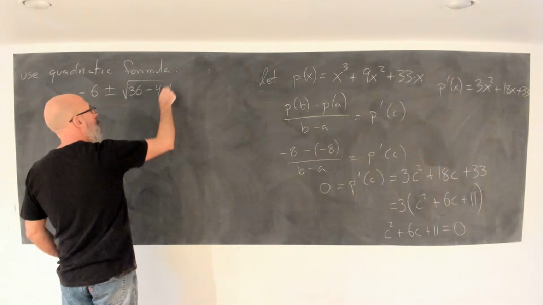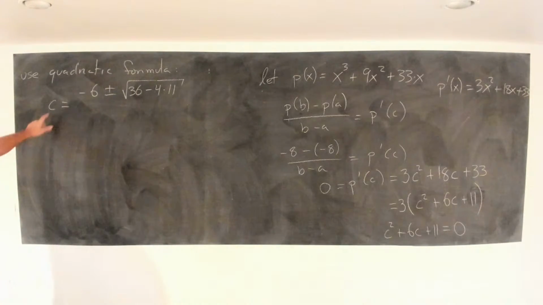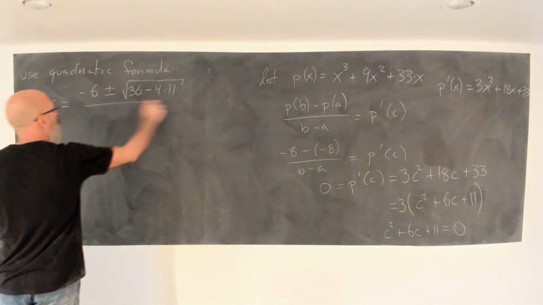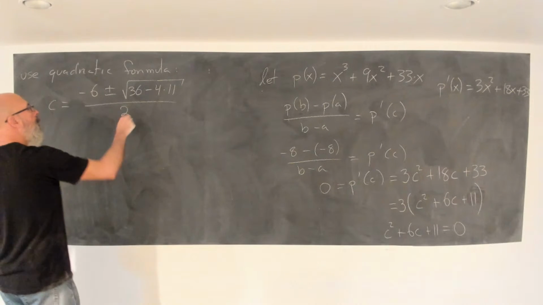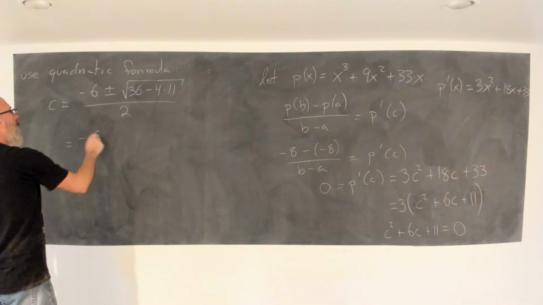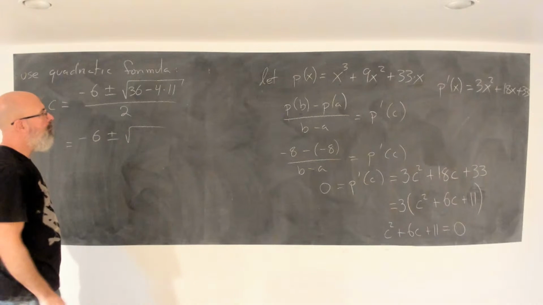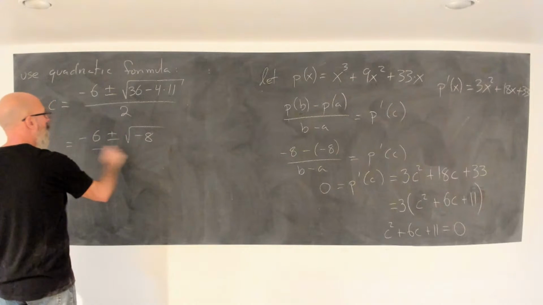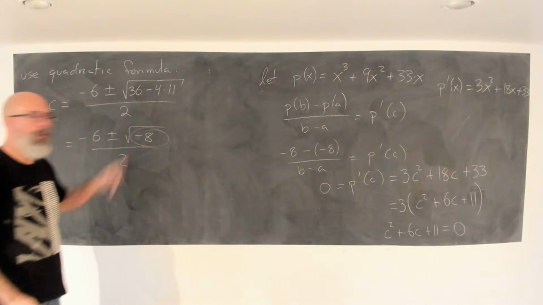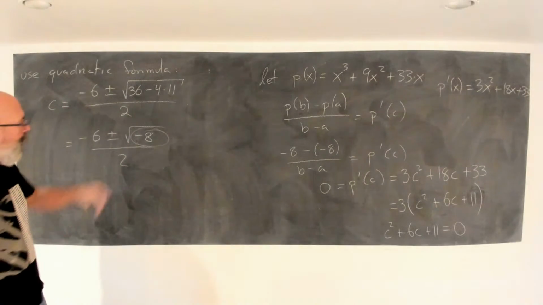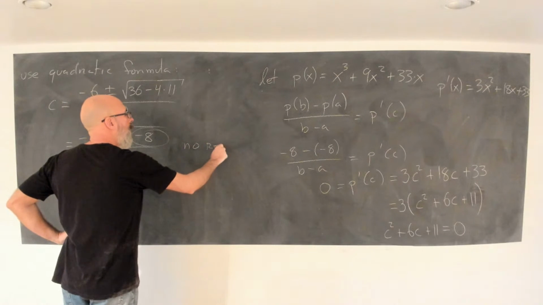That's a terrible choice of letters because I'm already using c here, but you know what we're talking about. And you realize this is 36 minus 44, so this is negative 8. And you cannot take the square root of a negative number. So this is not a real number, no real roots,